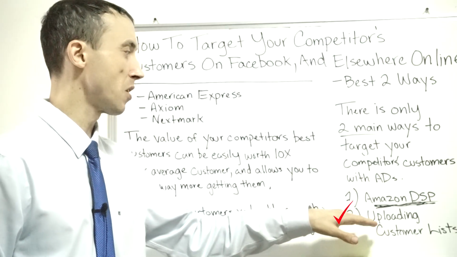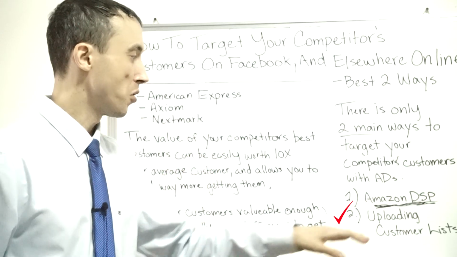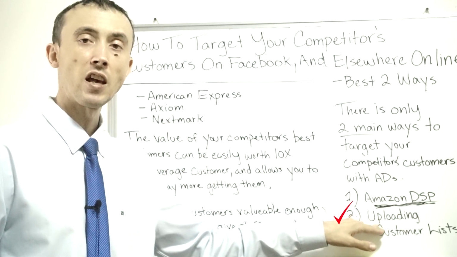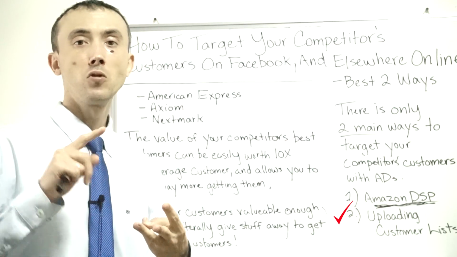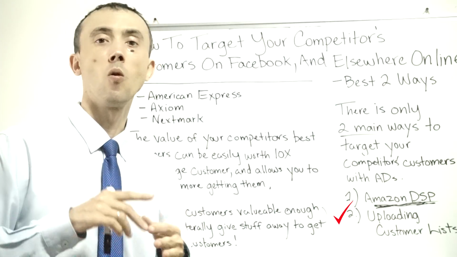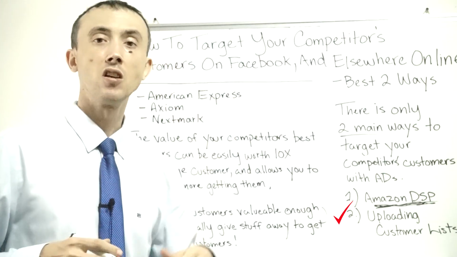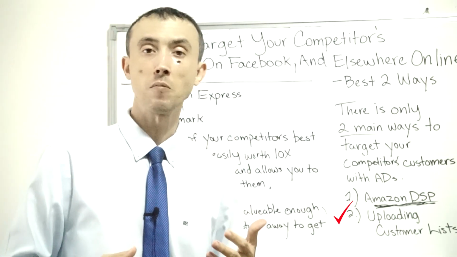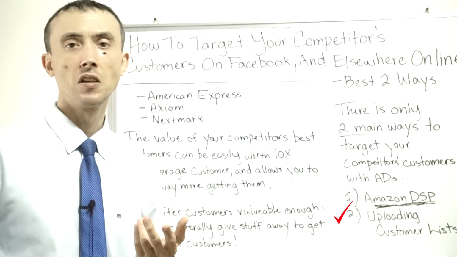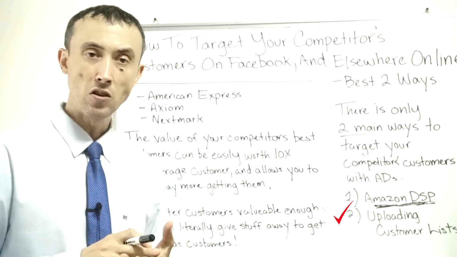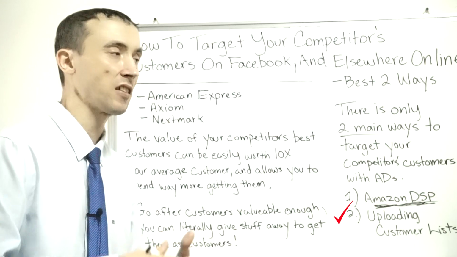Specifically, once you get access to their email addresses or their phone numbers, you can upload those email address and phone number lists to Google, to Facebook, to LinkedIn, or other ad networks that allow you to upload a customer list and use it as a targeting method. Google, Facebook, LinkedIn, Twitter allow you to do it. Those are the main platforms that allow you to do it, but that's how you target your competitors' customers on Facebook, so you have to get access to lists.